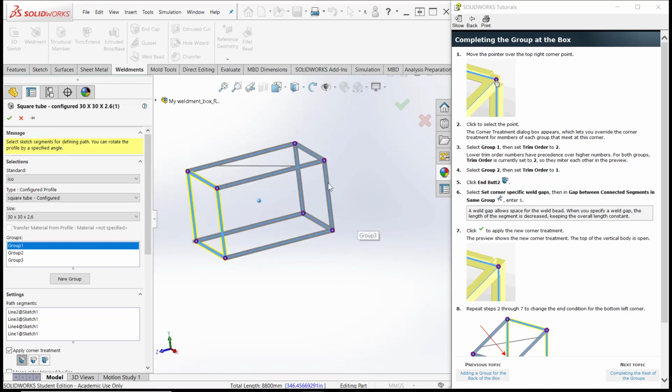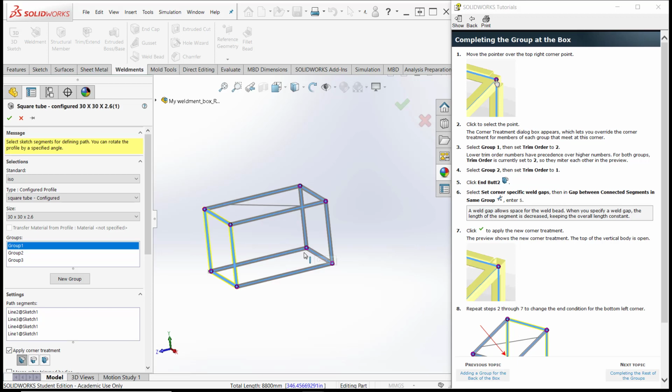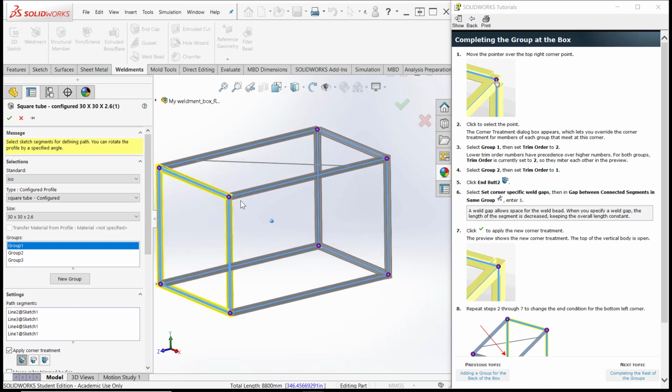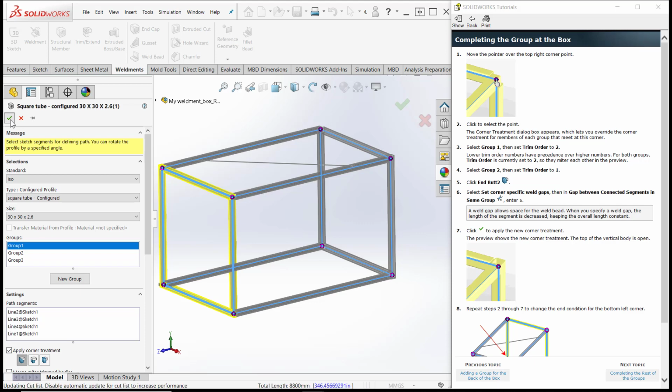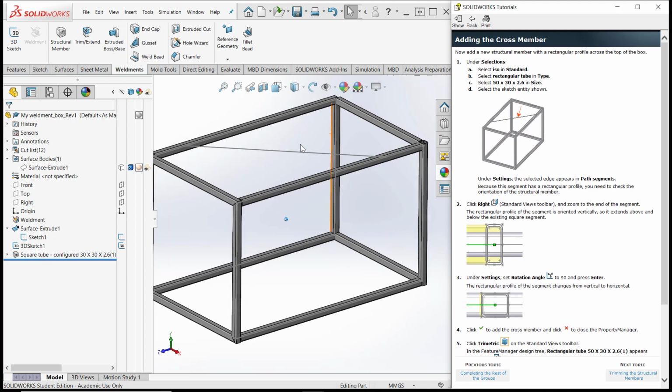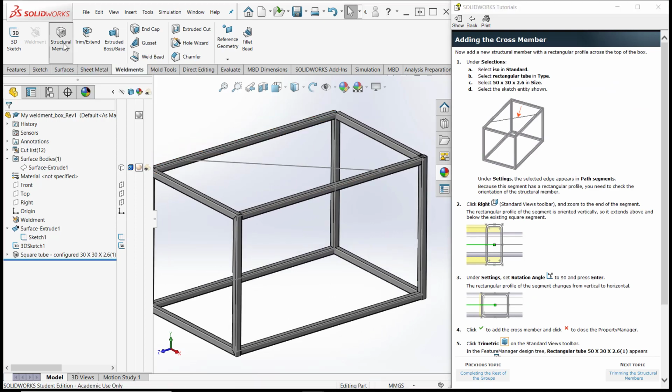Now we could do the same thing on the other 2 corners, but the tutorial wants to show you some alternate techniques. So we'll go ahead and accept this at that point. Actually, it does say to repeat those steps over in the other 2 corners, but I'm going to show you an alternate technique for doing the other corners. Next, we're going to put a beam going across here, and so I'll do structural member,